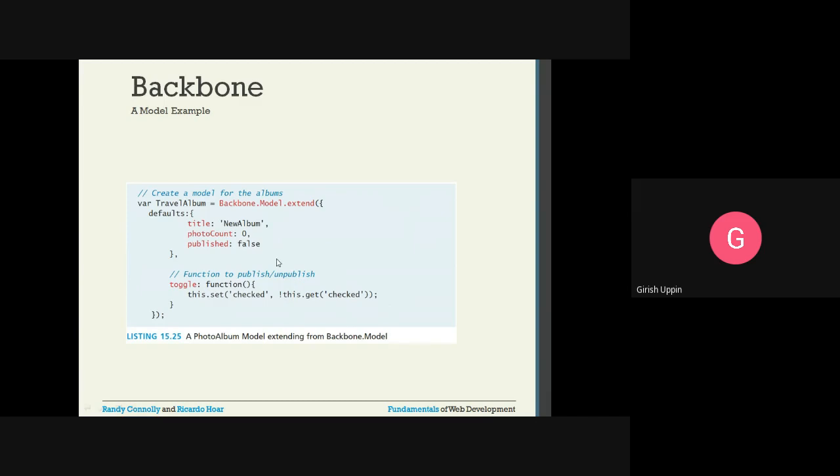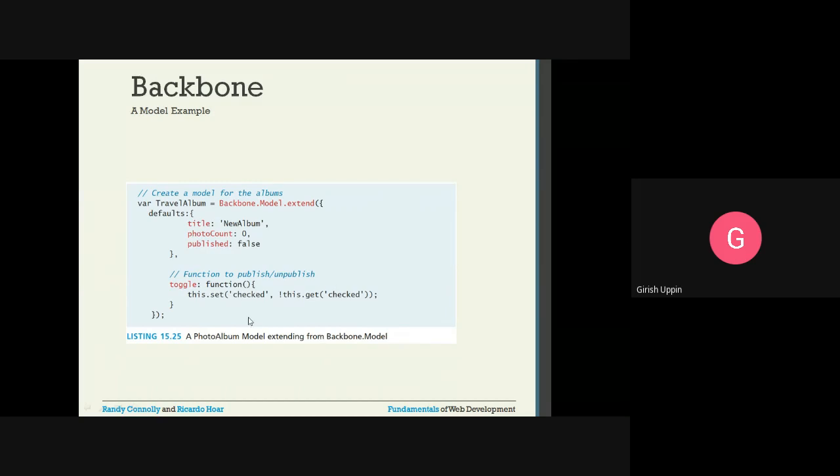This is the code example. Backbone is not covered in detail. Very superficial information is included. If you have to really work on Backbone, a lot of details about Backbone have to be understood, and how each of these can be incorporated. This gives only a very brief understanding of Backbone.